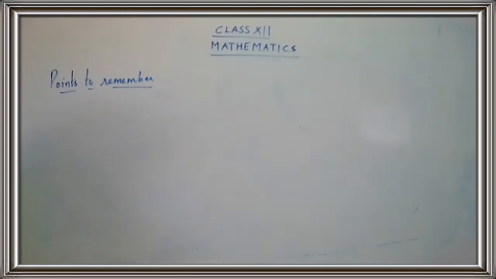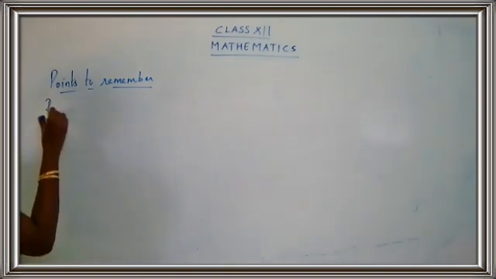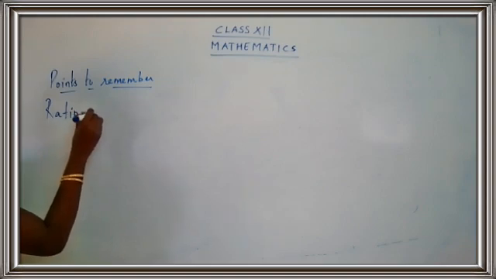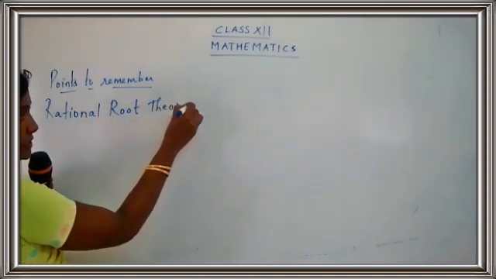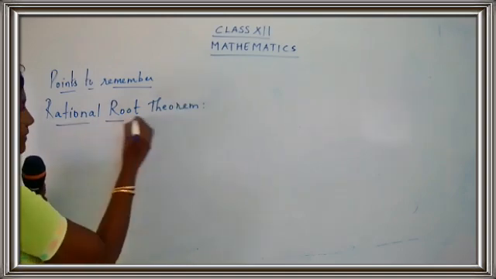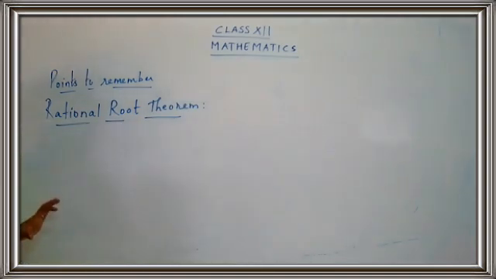Now, have you taken down the point, children? Now, write down the theorem. What is that theorem? It's the rational root theorem. You have many theorems, and you have to remember all of them, which will be useful for you to solve the sums, because we are not writing the points just for namesake. We are using these theorems for the sums also. You should know the different theorems. So, this is the rational root theorem.